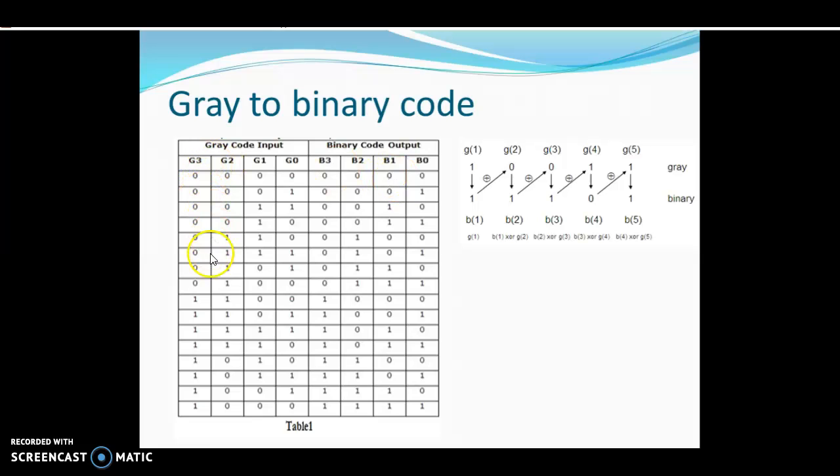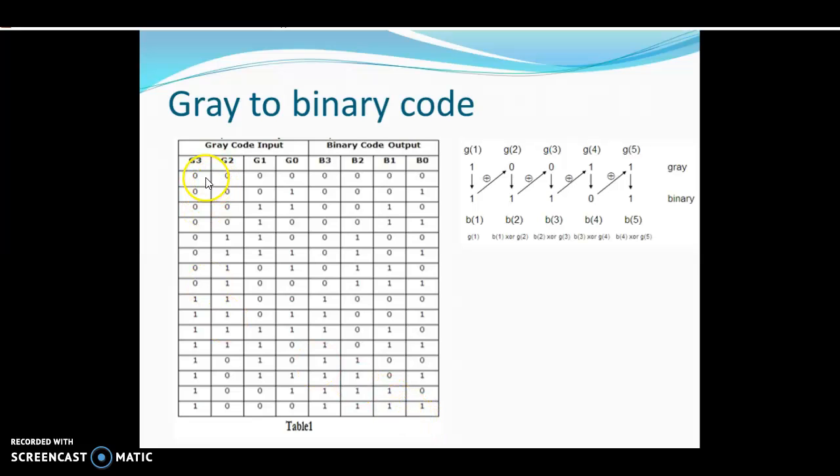See, suppose I am taking an input value of 8. The first bit is taken as it is, 1, and from the next bit onwards cross XOR function. 1 XOR 0 is 1 and next 1 XOR 0 is 1.